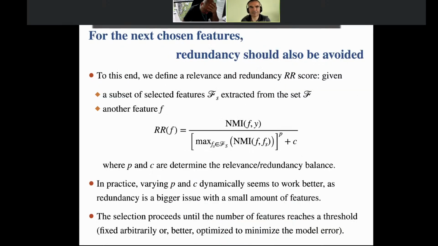So the choice of the following features is made on the idea that we want to avoid redundancy, because two features can have a strong interrelation with the target, but if they are strongly interrelated one to another, you're not bringing new information to the neural network. And so what we do is that we define a relevance and redundancy score, R, which is defined as follows. So if we have a subset of selected features, so I told you how to select the first one, once you already have one, the next one will be selected in such a way that it still has a